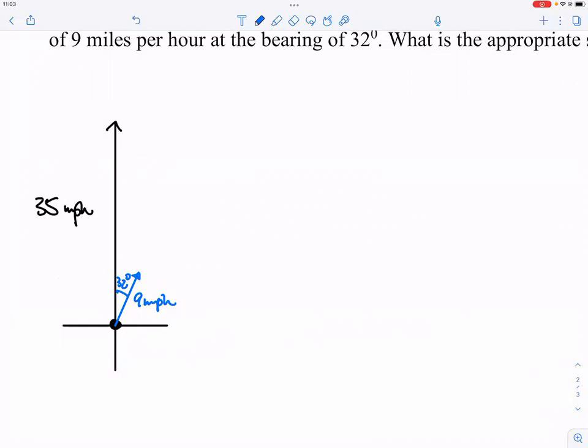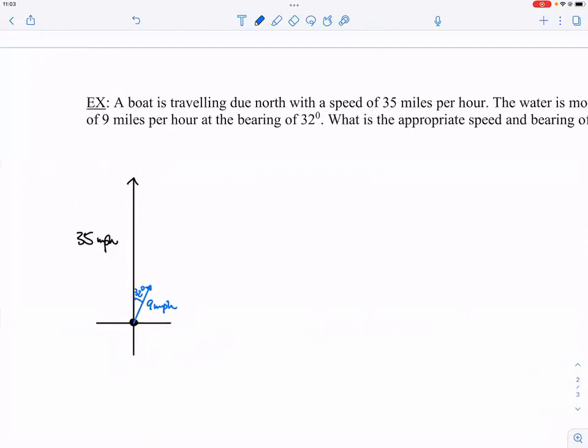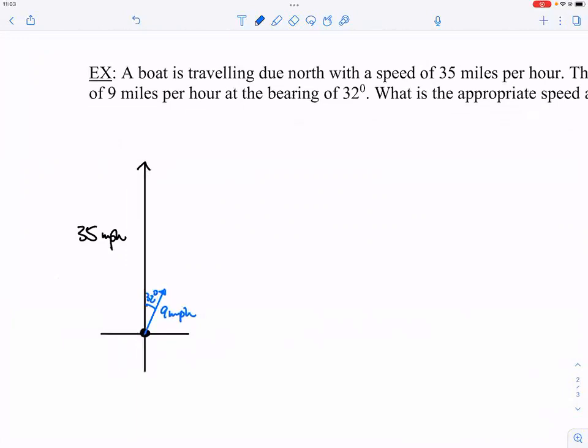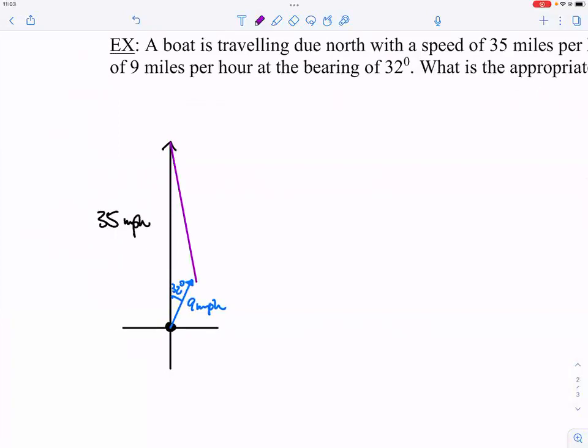Okay, so we need to find out the bearing and also the speed. And now, should we just connect these two arrowheads together? Okay, should we do that? All right, so this is probably the most common mistake that I see students committing on this unit, because they just kind of join things together without looking at the context. So you would not connect these two arrowheads together because you're looking for the resultant. And what we learned on Monday about the resultant vector is that it has to be joined from